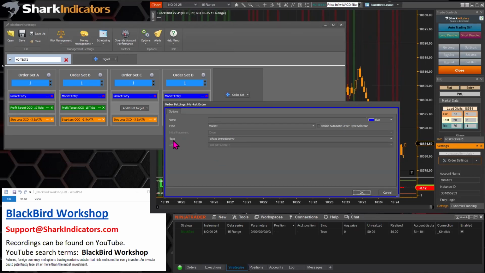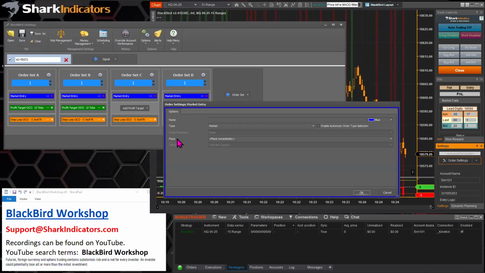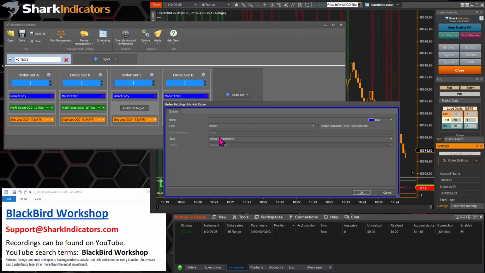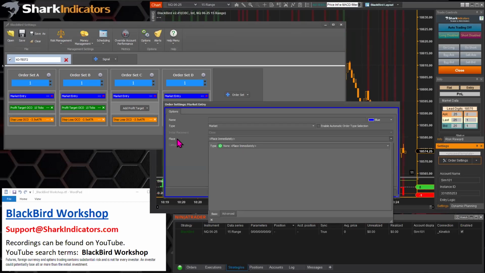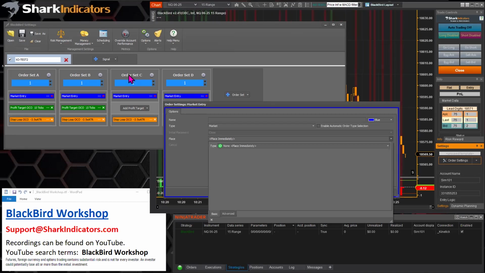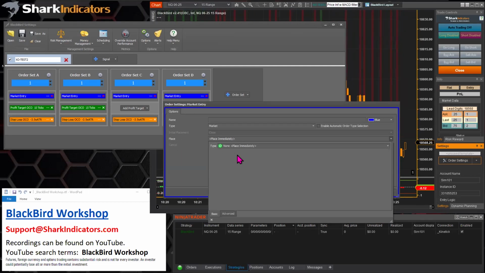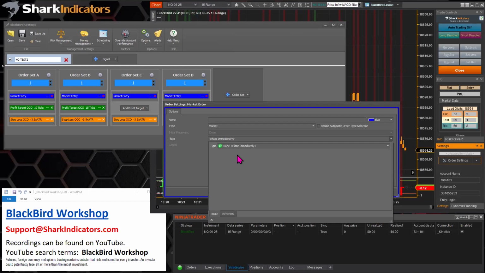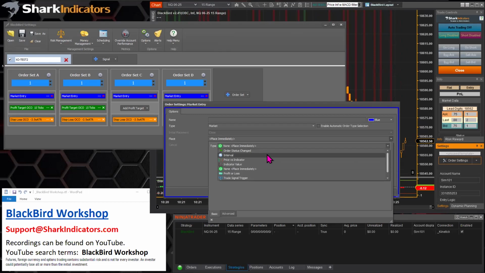Right. So we have this place and cancel. So this is kind of a workaround for scaling in there. So with the place, right, we need to add prerequisites, right? So we don't want order set D to be submitted with the first three. So this placement is a way to add secondary requirements before this gets submitted to the market here. And one of those requirements is, let's see,